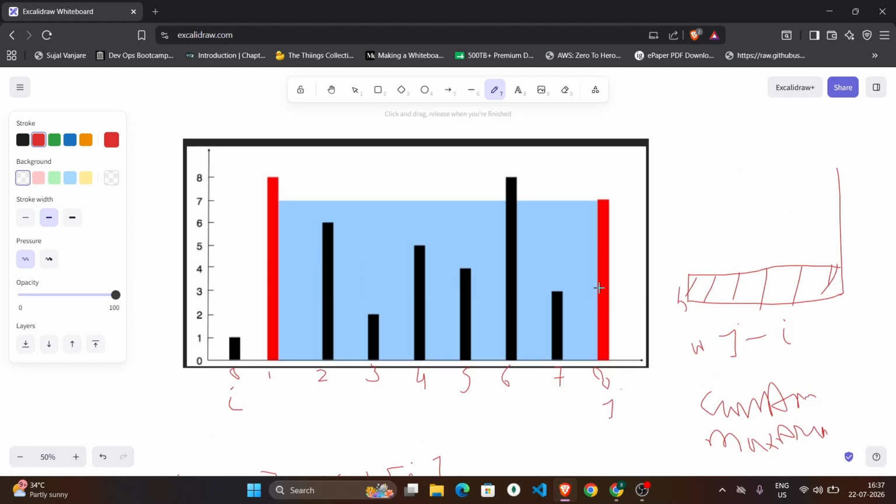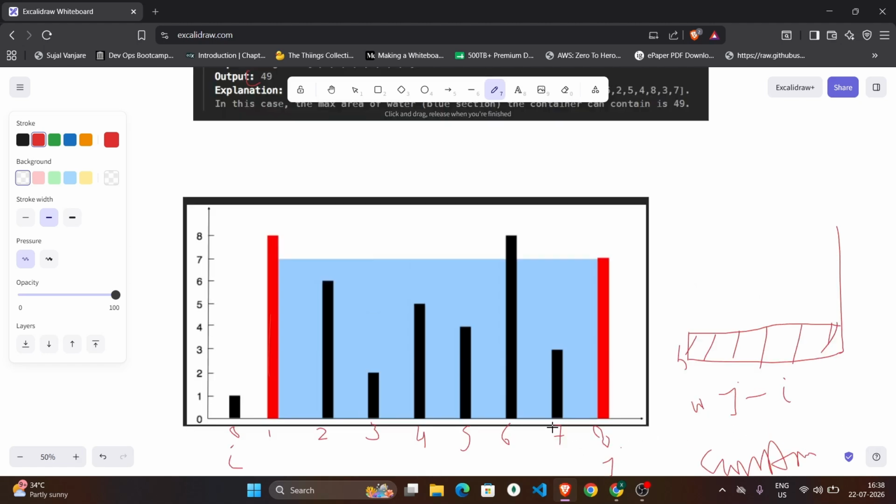so it doesn't matter if you move j backwards, because currently the lowest height is of the ith pointer, the bar at the ith index. So if you move j right over here, the area will still be the same, the max area. So you will not find the maximum area between this bar and this bar, as you can see in the example. So it doesn't matter if you move j backwards. So it does not have any impact